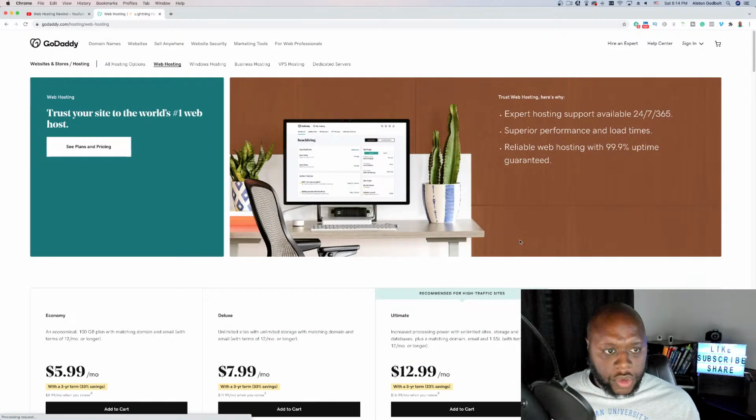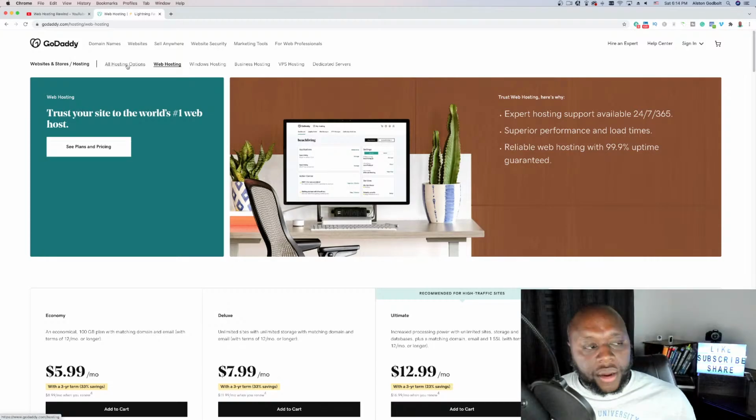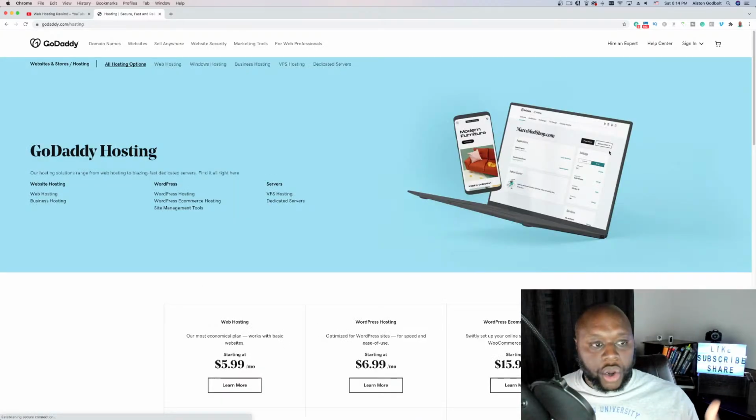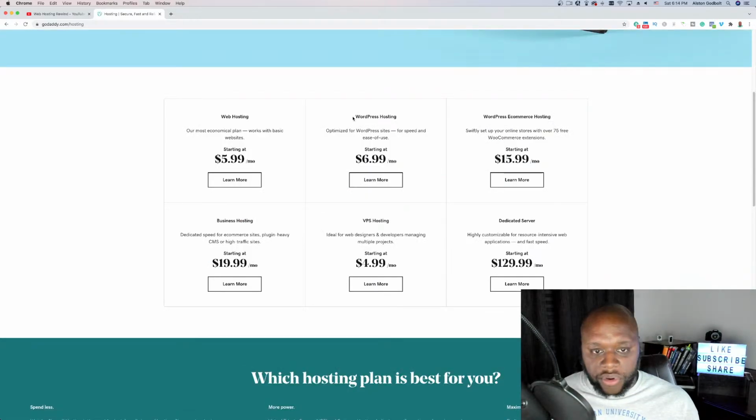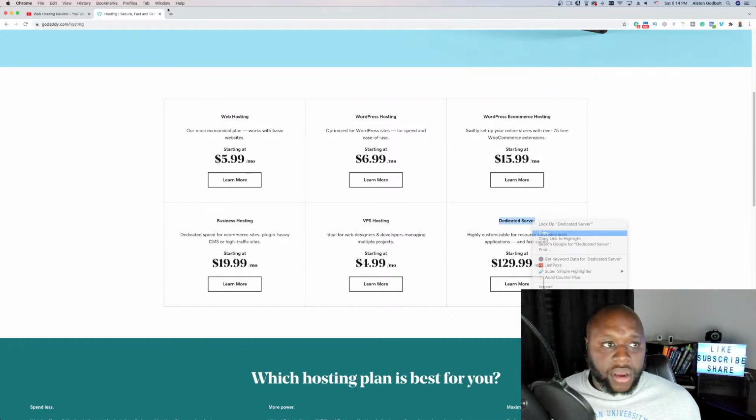Windows hosting, business. But if we look up here, I'm going to click on all hosting options to show you where the opportunity is, because most people, again, are going to do the simple GoDaddy hosting review or GoDaddy review. But if you do GoDaddy WordPress hosting review, or GoDaddy dedicated server.